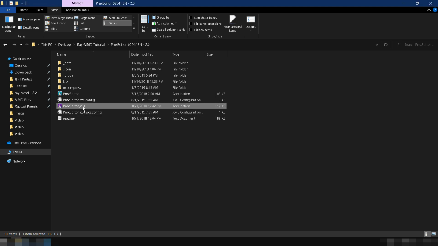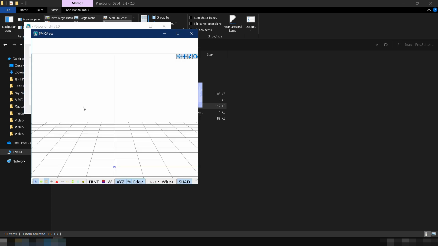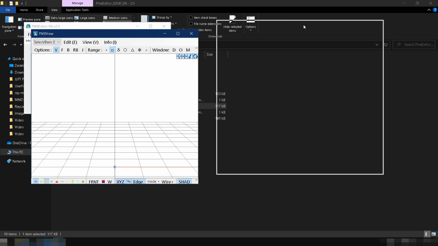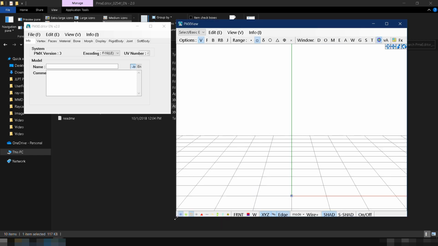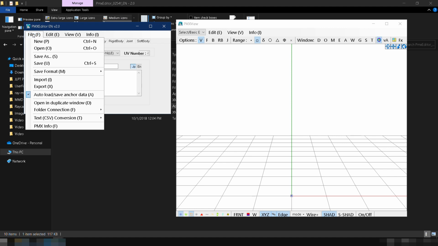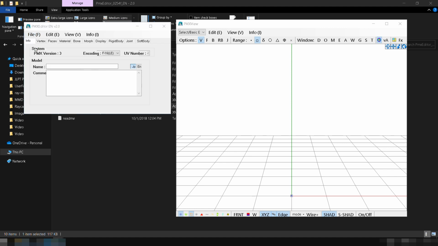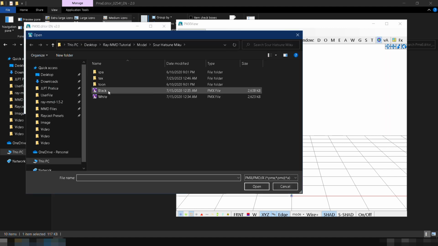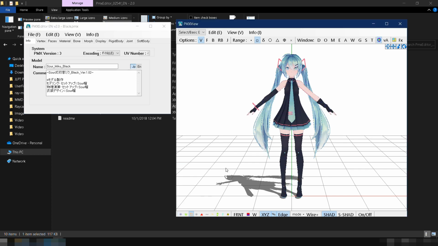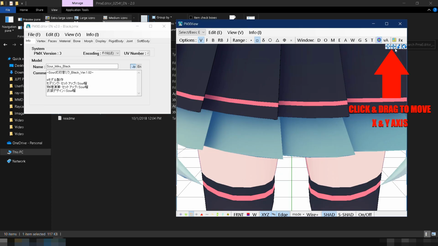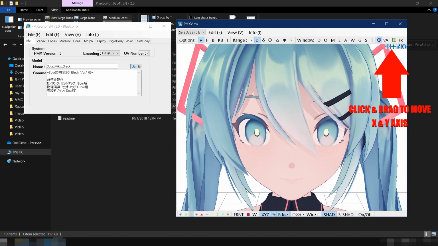First, open PMX Editor. Two windows will show up. Arrange the position of the windows so we can clearly see what we are doing. Next, let's load the model that we are going to use. Go to File, then click Open. Navigate to your Models folder and select the black.pmx file. In the PMX View window, uncheck the Show Bones button to hide the bones from the screen. Then, zoom in using your mouse scroll and focus the view on the face of the model.